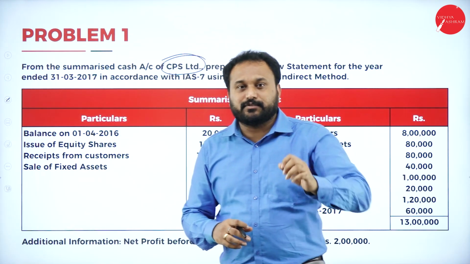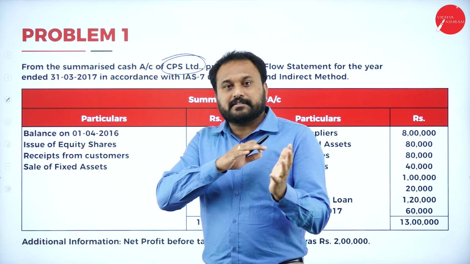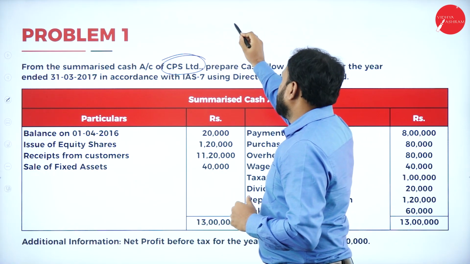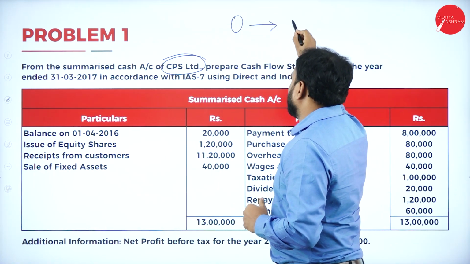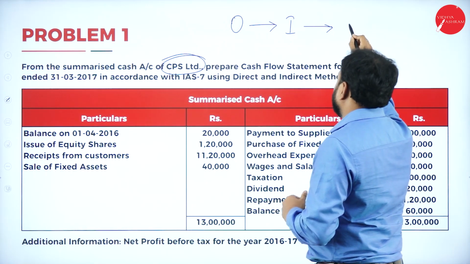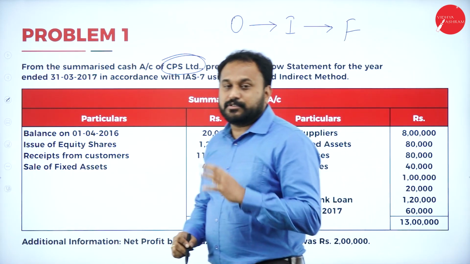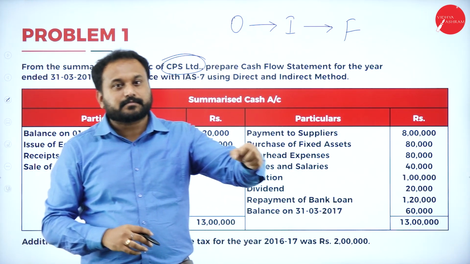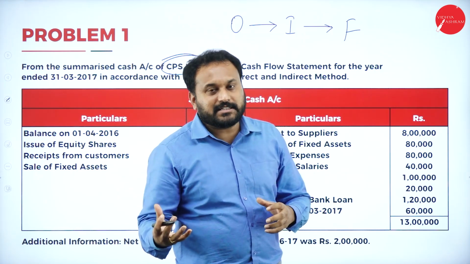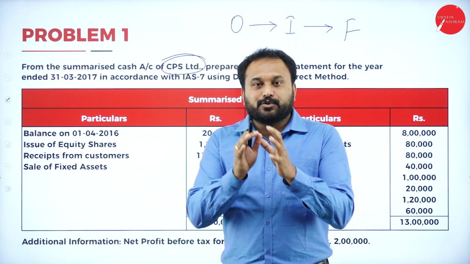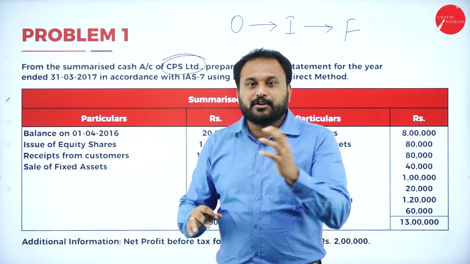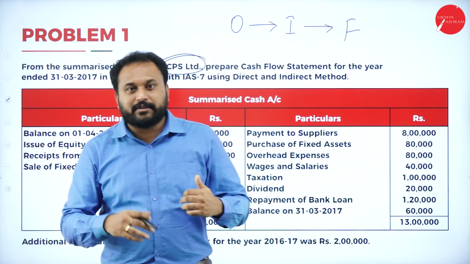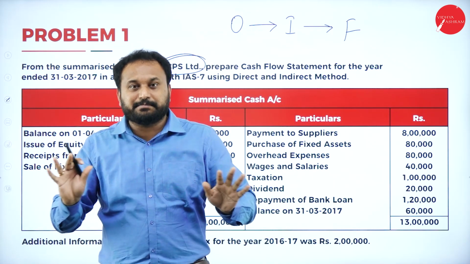Whenever you get any cash flow statement, what should you do? Whether it is a summarized cash account or a balance sheet or any kind of thing, you need to know three things: operating, then investing, and then financing. So this is how you are supposed to identify. Identify what all items will come in operating, which adjustments come in financing, and which are there in investing. If you know this and classify and group them, then you know what to add and what to subtract. Whatever comes to you, you need to add it. Whatever goes from you, you are supposed to subtract it. Very simple logic it is.